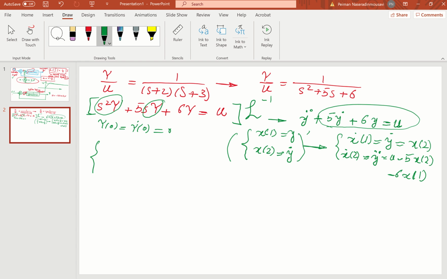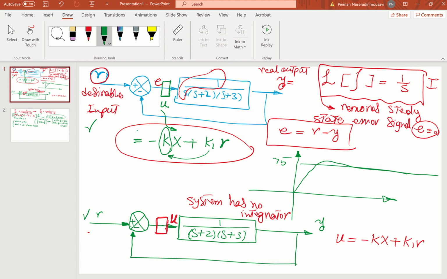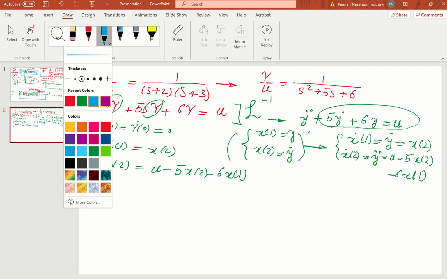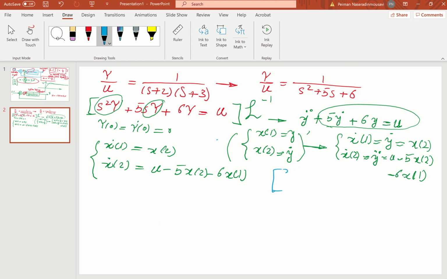So the state space equation by removing the integrator is going to be: x dot 1 equals x2, x dot 2 equals u minus 5 x2 minus 6 x1. The difference from when you had the integrator, which had 3 state variables, remember? I'm going to open it right now in the previous MATLAB code. By removing the integrator, you have a second order system, so you have 2 state variables, x1 and x2. But again, here u, I'm going to use